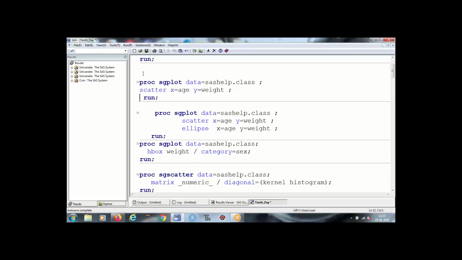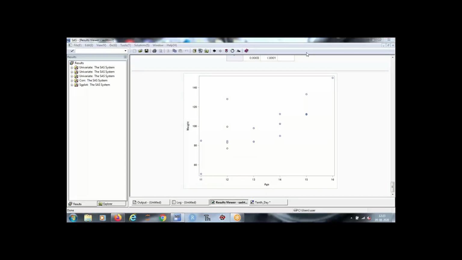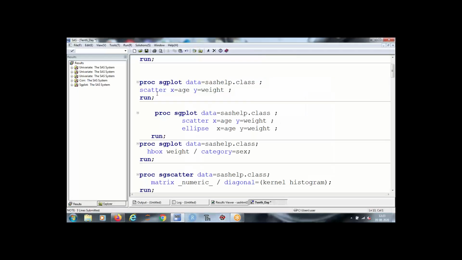So this helps me to plot X and Y data, and you will get a scatter plot, right? As the name suggests, scatter. Pretty simple.